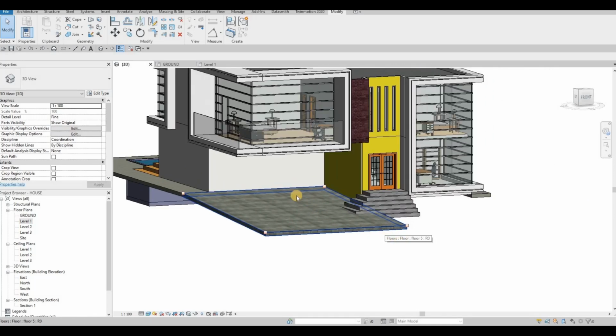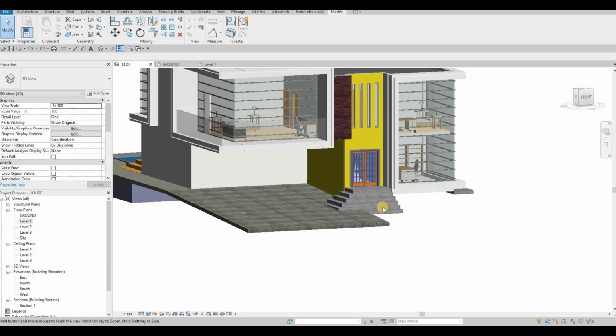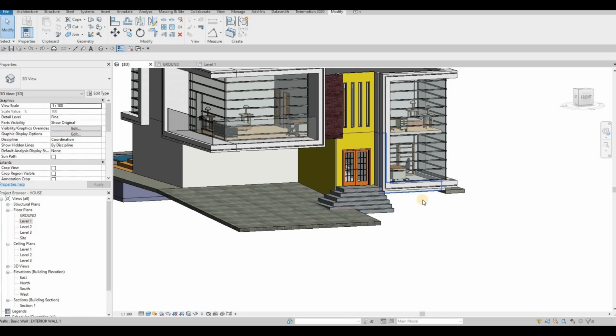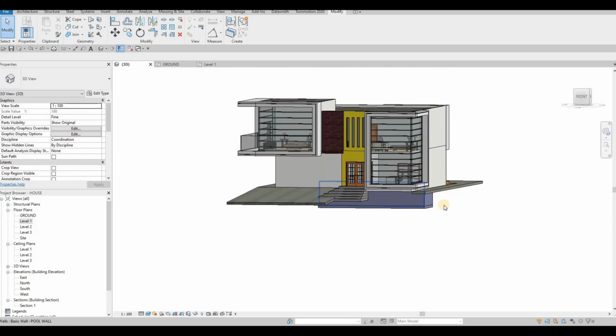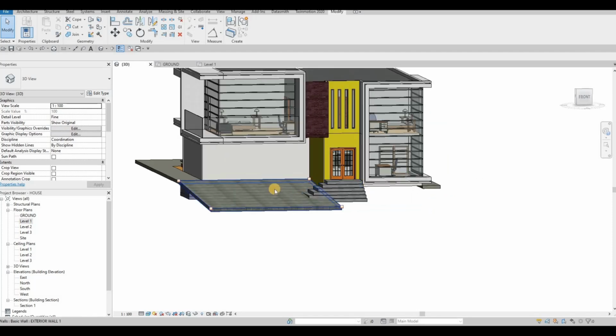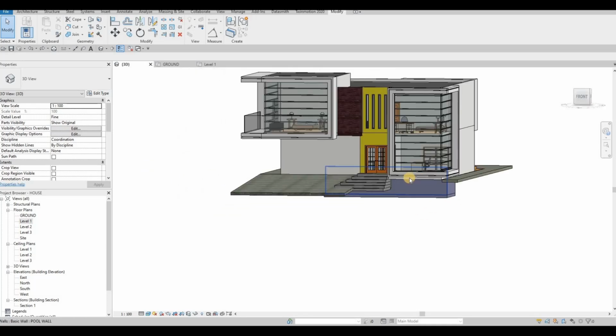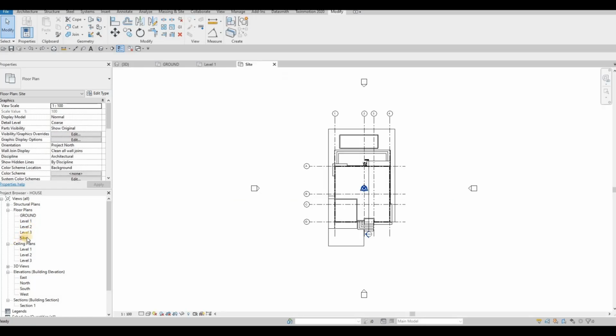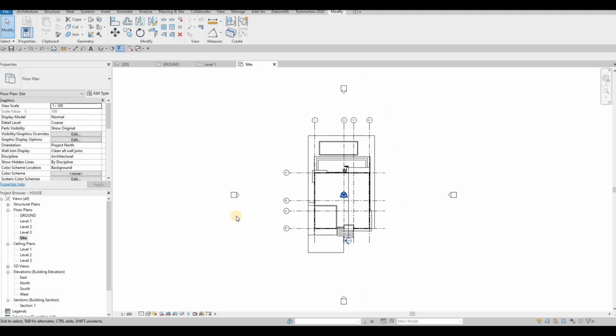Now what I want to focus on is to add the topo surface, because I want it to be inclined. I want it to not be just a flat surface, but I want it to have an elevated surface right here. So what we need to do first is to go to site elevation or site, and then